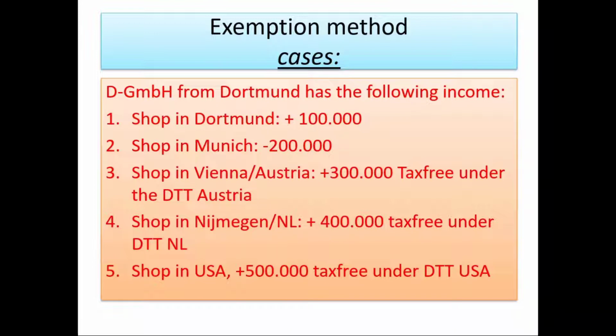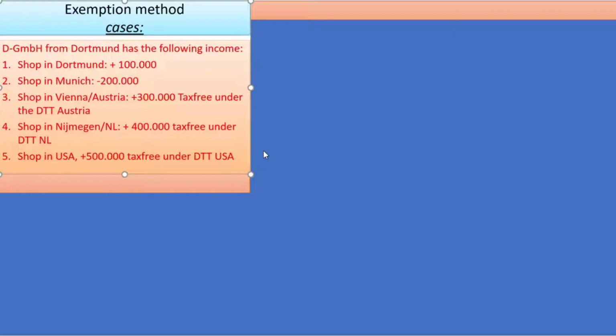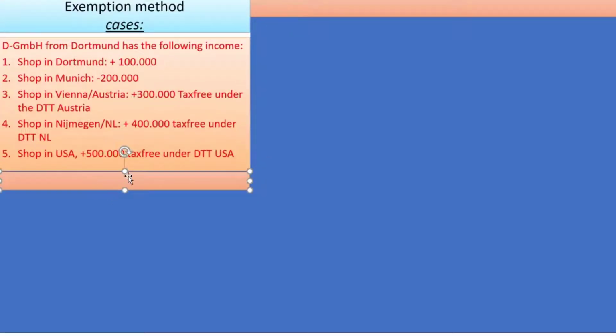A shop in Nijmegen is 400,000 tax-free under the DTT Netherlands, and a shop in the USA is 500,000, which are tax-free under the DTT USA. What happens? That seems to be a nice idea. Let's find it out. Well, we have again personal tax liability,